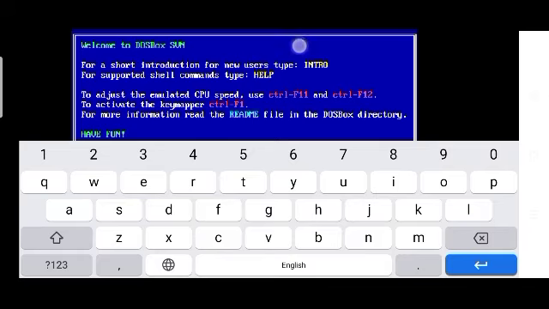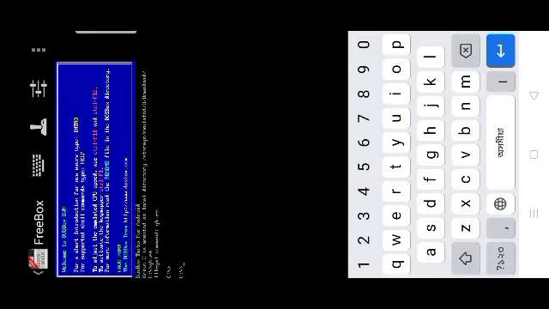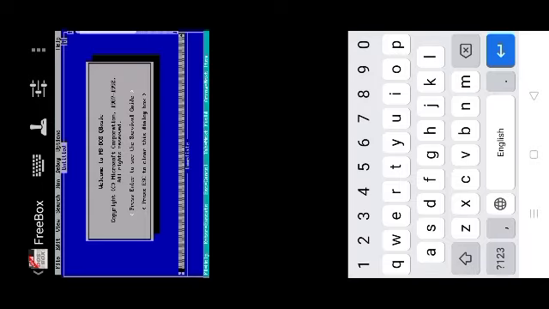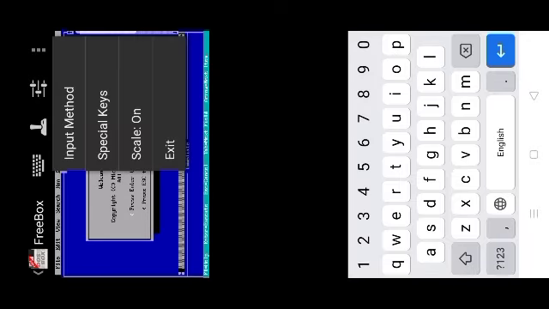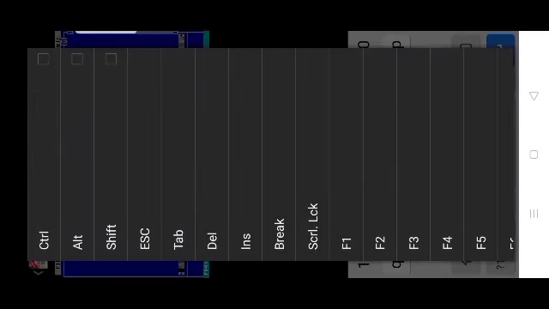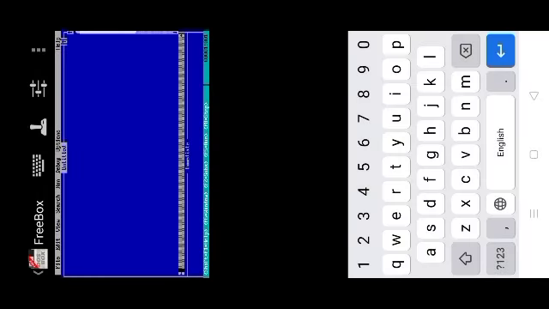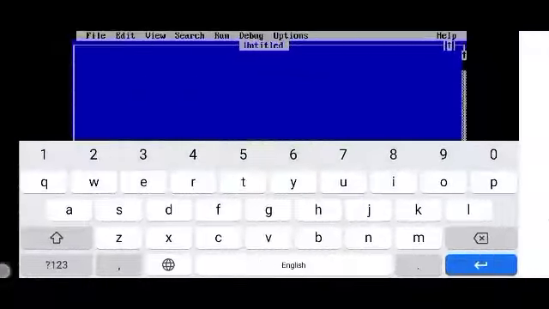Here we will write qb.exe. Go back, and the special key is escape. Okay, so till here. Now we will write down the program.